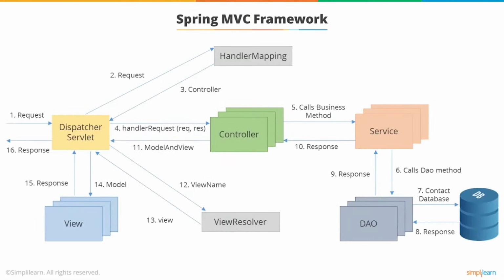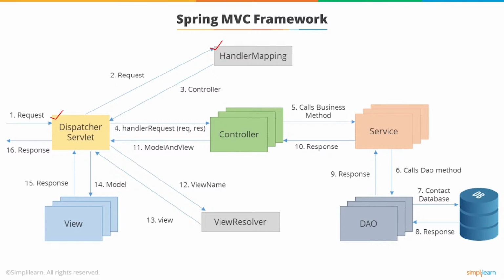So here we see the steps. The request comes to the servlet dispatcher. It goes to the handler mapping. The handler mapping sends back to the dispatcher servlet, which accesses the controller. We then call the handle request method on the controller, which calls the business methods on the service, which in turn calls the DAO method, which talks to the database and gets the response. The response is sent to the service, sent back to the controller,